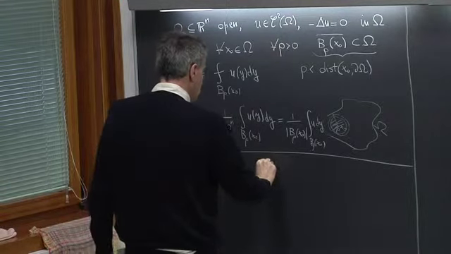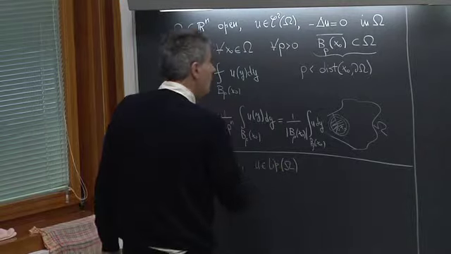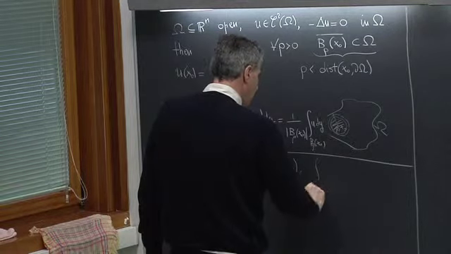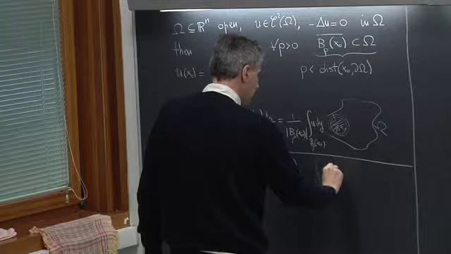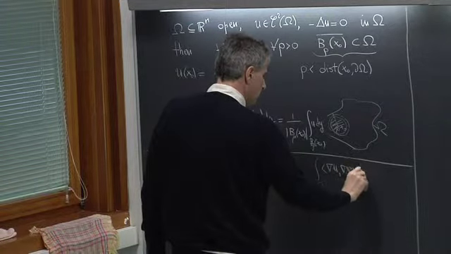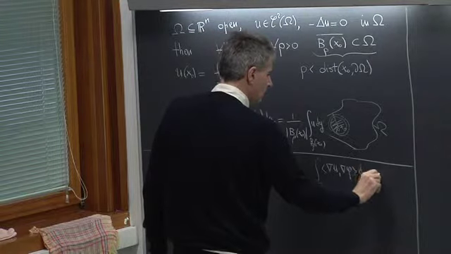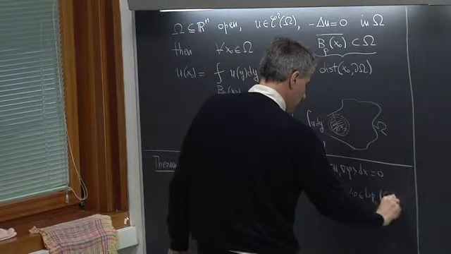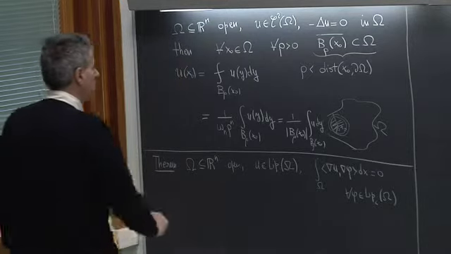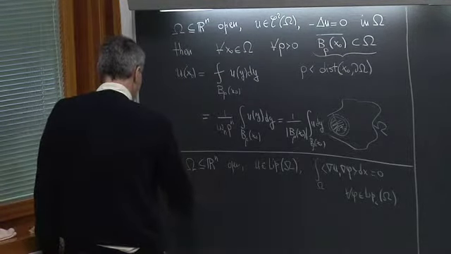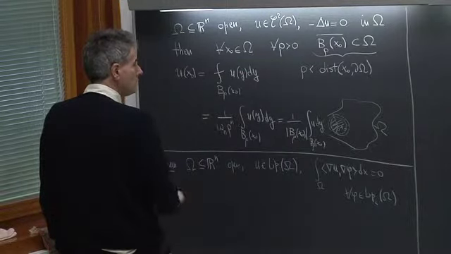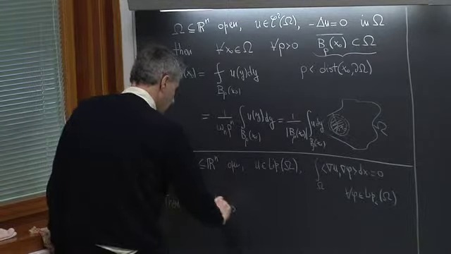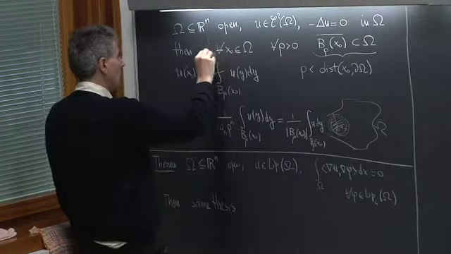Assume that u is a Lipschitz function, and assume that we have the following property here, for any phi, with the same thesis, meaning then